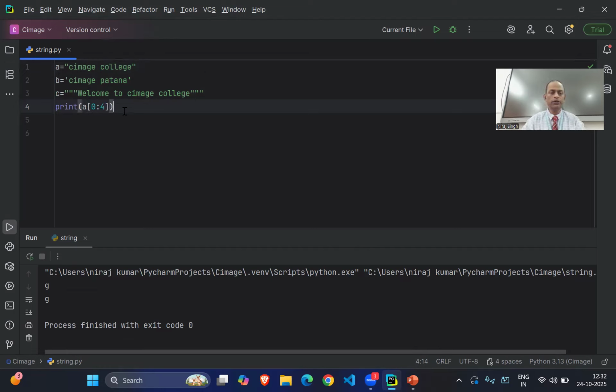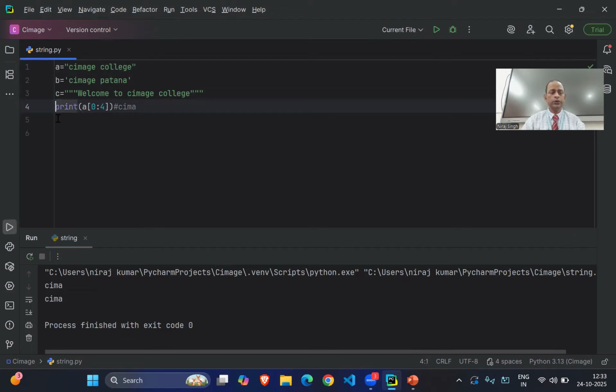So what will be the output here? It should display the first four characters, CIMA, right? Just check what the output is. Yes, so we can display a part of the string, a substring, by slicing.